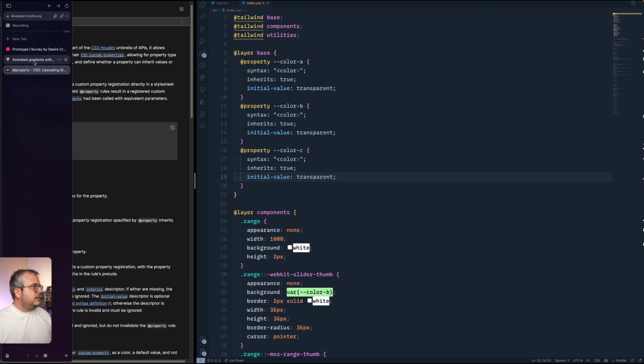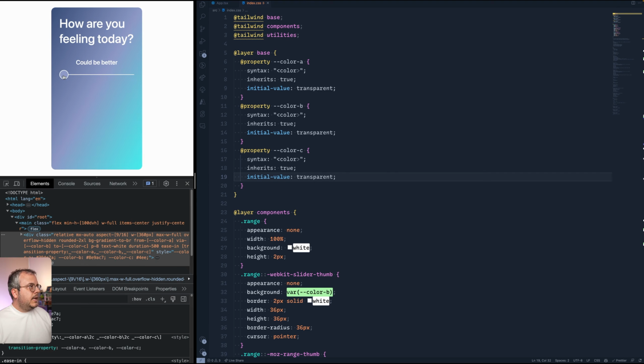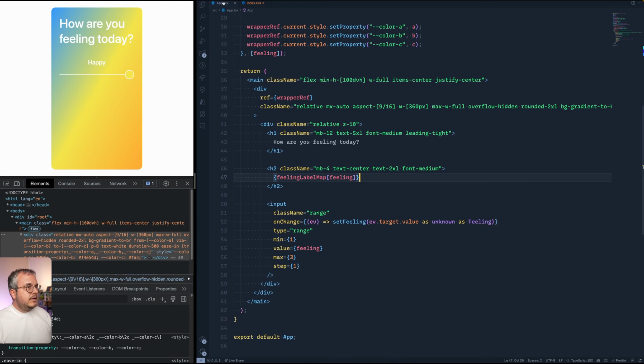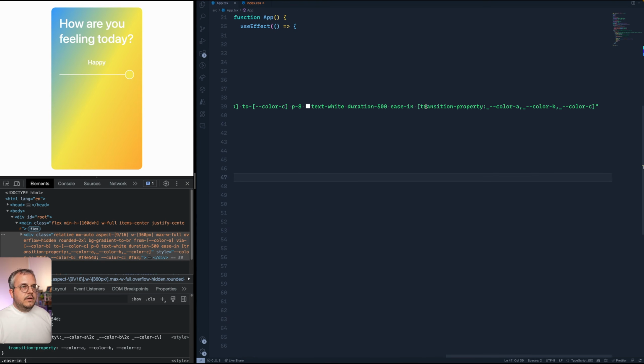So if we now go back to our CSS gradient, and then I'm gonna drag the slider, you see that the colors already change. There's nothing we have to do to make this work. And the reason that it's animating is, again, because we have added the transition property of all of these three variables. And added a duration and an easing, of course, but that makes this animate like any other property. That's so cool, right? And if you want to know how to animate your gradients, this is it. This is the only thing you need to know.